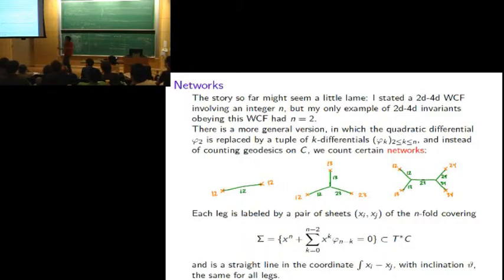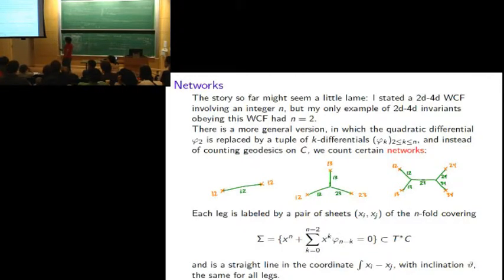And instead of just counting geodesics on the curve, we now count some more complicated gadgets, which, well, they could be just geodesics in some appropriate metric like before. So now we have various different kinds of, sorry, let me start over. What we consider now is, instead of the two-fold covering, an n-fold covering of C, still sitting inside the cotangent bundle, just determined by these various differentials. Then we have branch points now of various kinds, where two sheets collide. And so I'm labeling the branch points by the numbers of the two sheets which collide.